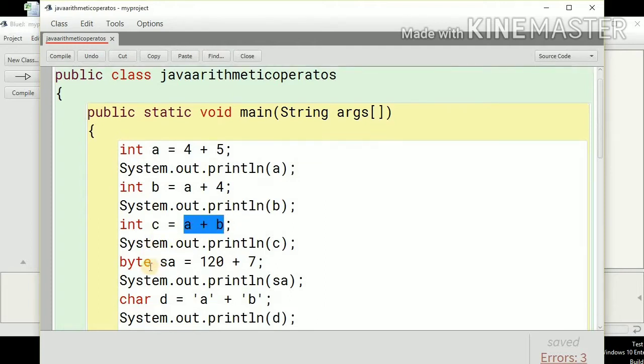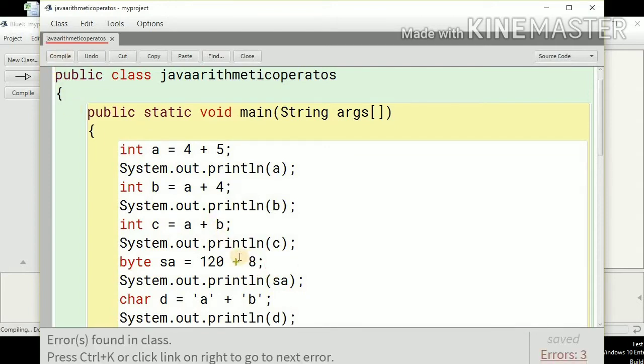So this can also be performed with byte variables. So 120 plus 7. Just remember the range of the byte variable. If you have learned the data types, you must know about the range of byte. Yes, on the positive side, the range of the byte is 127. So this should be the result. But if I increase this even by 1, this gets out of the range and there will be an error. Yes, this is an error that this is going out of the range.